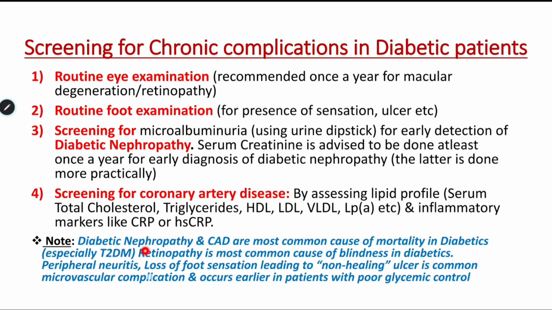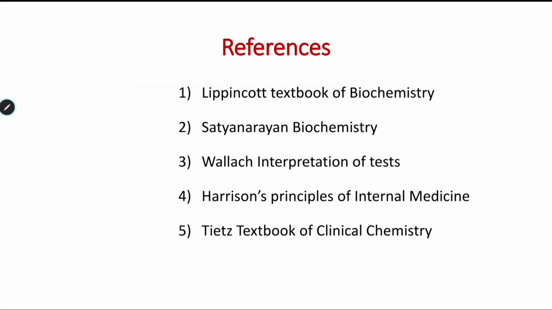Now, diabetic nephropathy and coronary artery disease are the most common cause of mortality in diabetics, especially type 2 diabetes mellitus. Retinopathy is the most common cause of blindness in diabetics. Peripheral neuritis, loss of foot sensation leading to non-healing ulcer, is a common microvascular complication, which occurs earlier in patients with poor glycemic control. So these are my